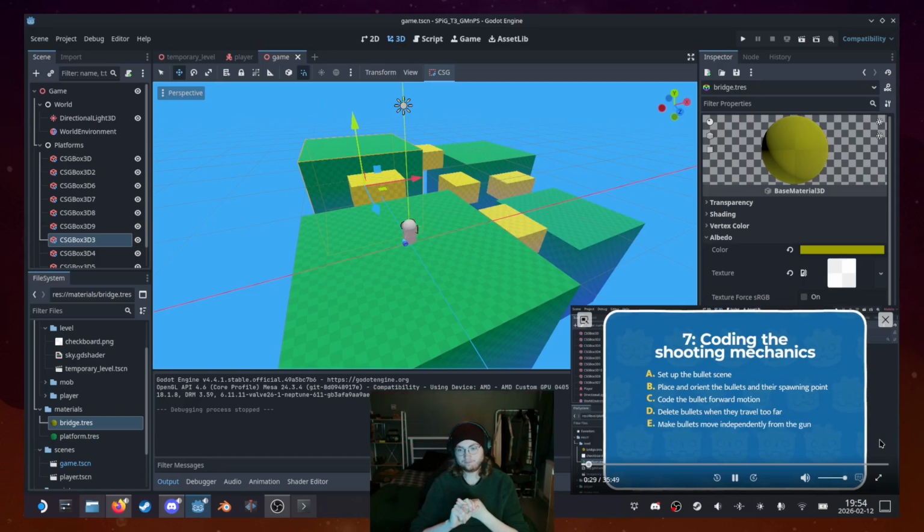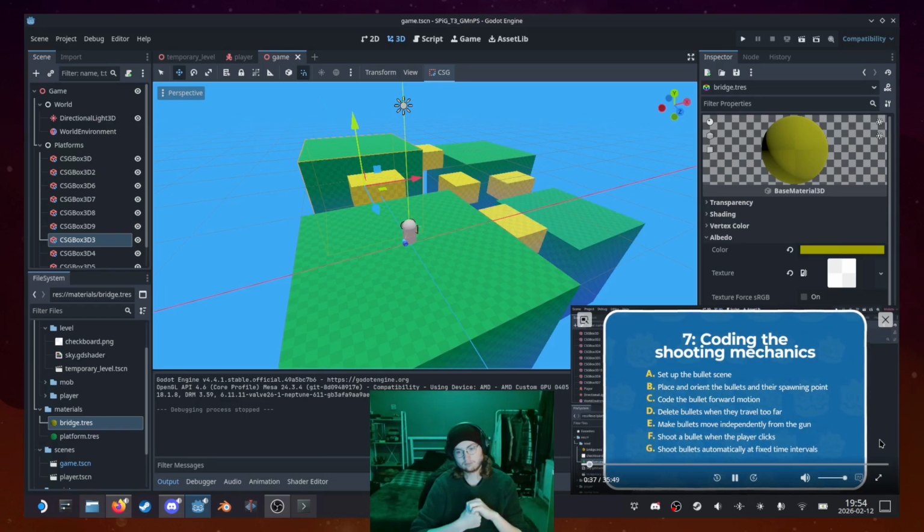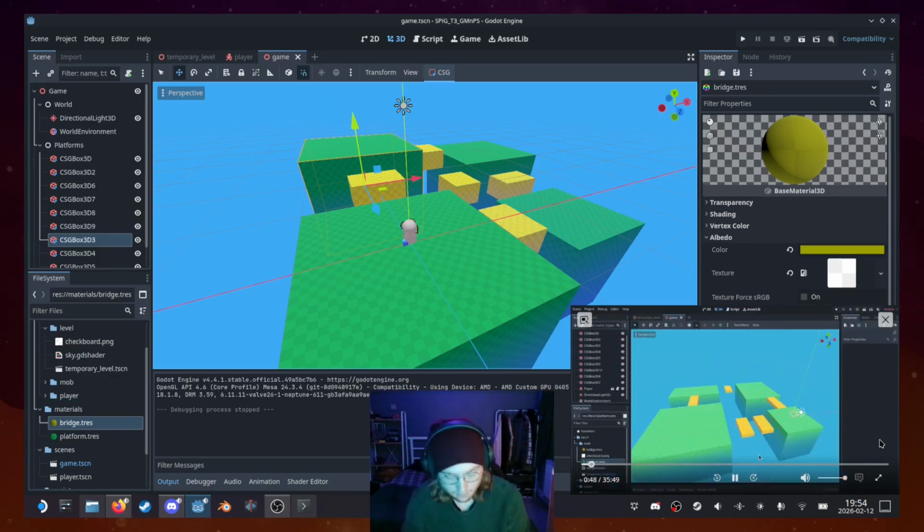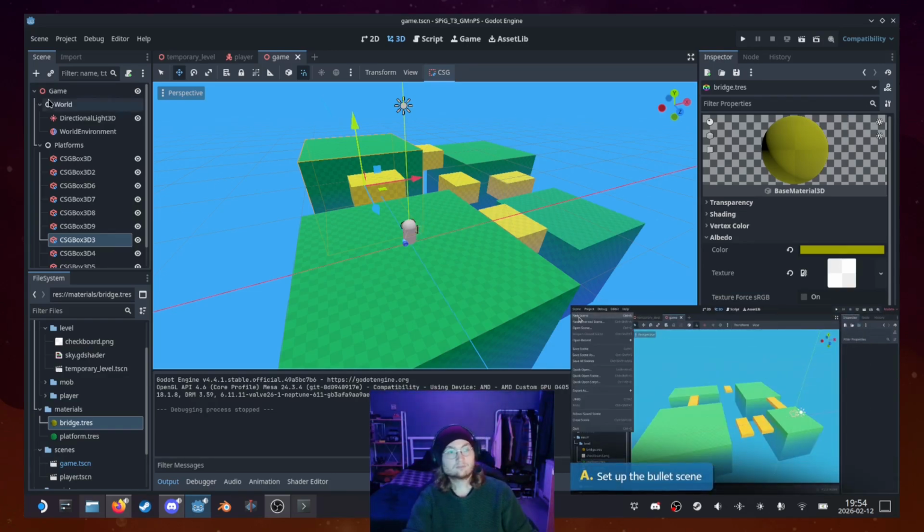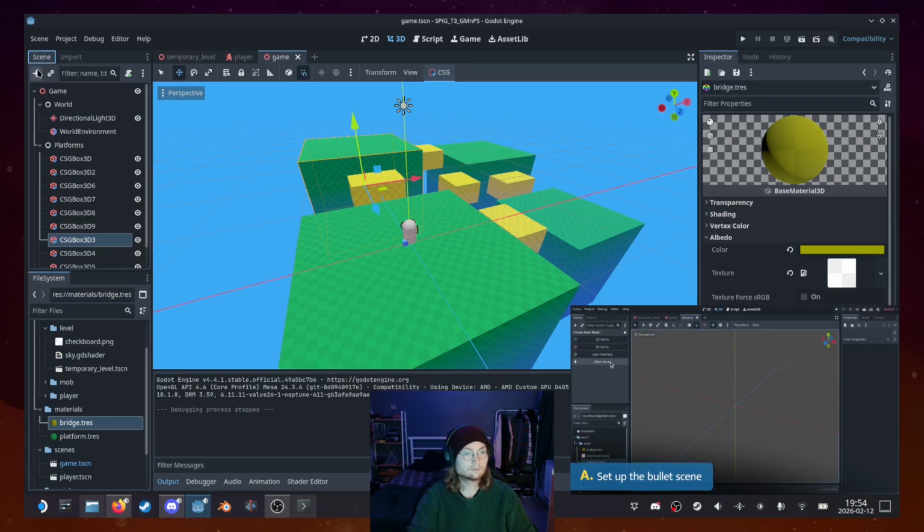We'll make bullets move independently from the gun. We will shoot bullets when the player clicks, and then we'll make bullets shoot automatically at fixed time intervals. With that, you will have a complete weapon, and you'll have learned to spawn things, orient them, and make them move independently from each other. Let's get started. Okay. So let's get started by going to Scene, New Scene, to create a new scene, and